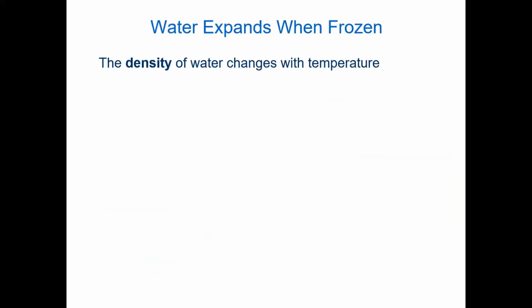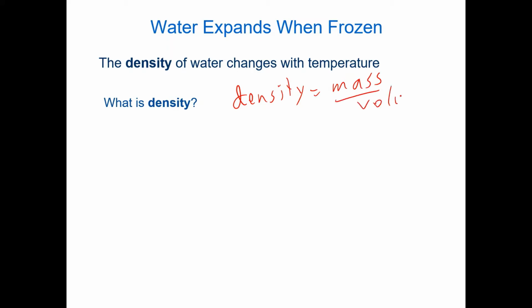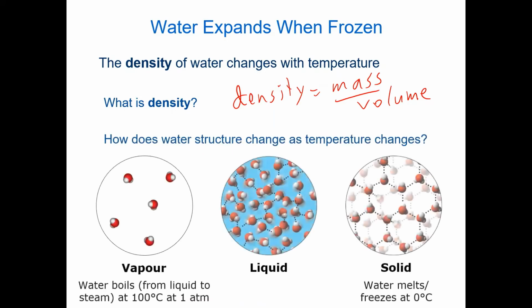So first thing it says here, it says the density of the water changes with temperature. So what is density? Density is basically the amount of mass per volume. If you take a look at what happens with water in the various forms of matter, in the vapor form, the molecules, they're not even really interacting, they're kind of just far away. In the liquid form, the molecules, they're kind of touching and they're interacting, but they're also slipping around a little